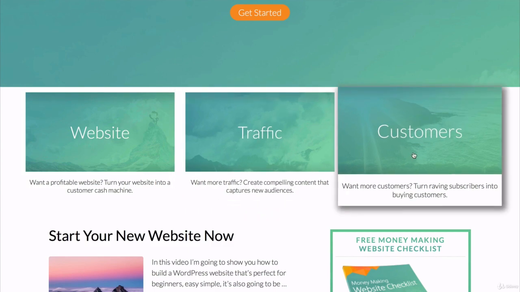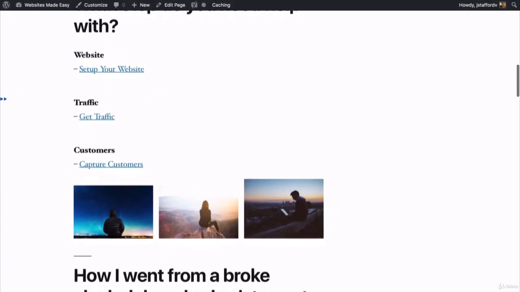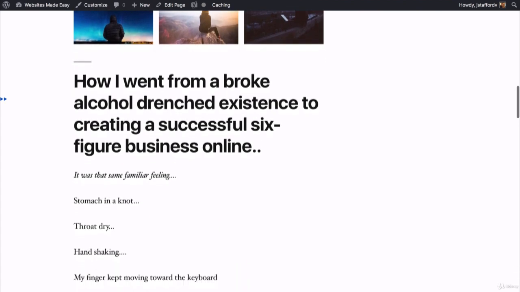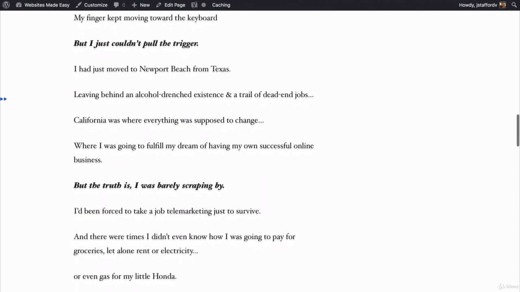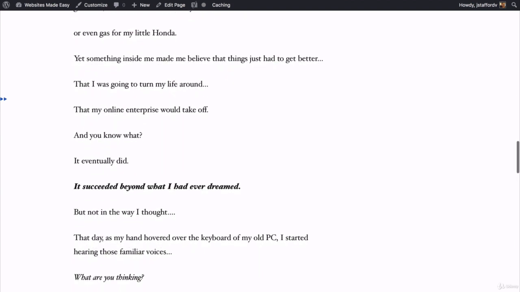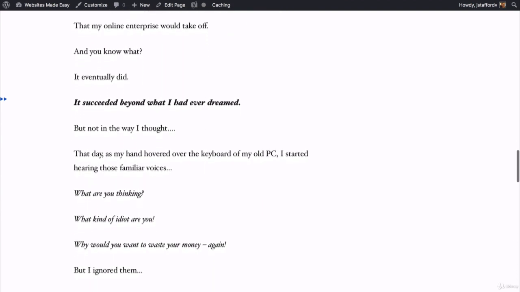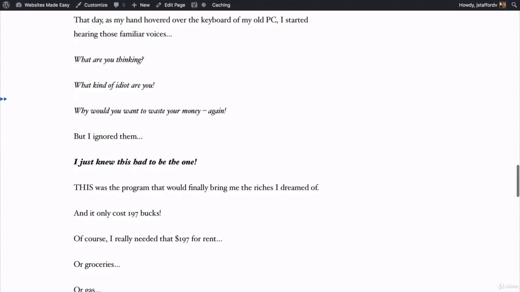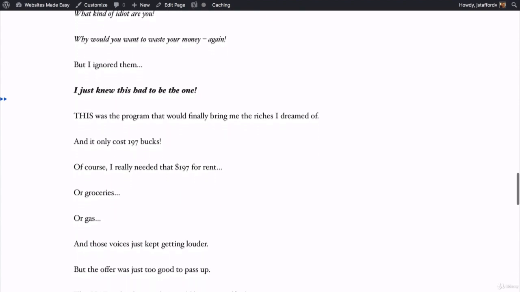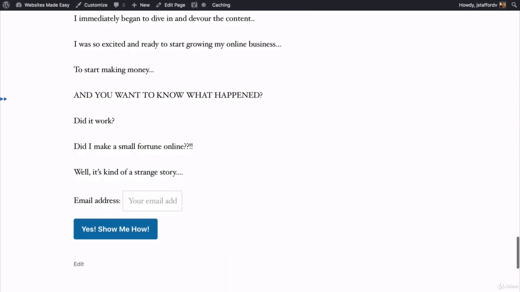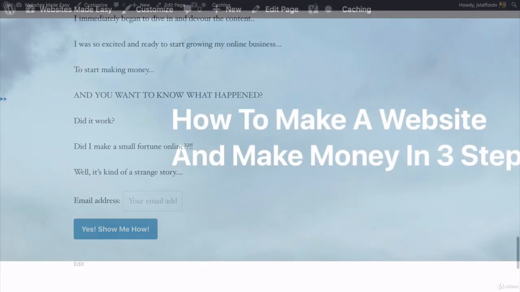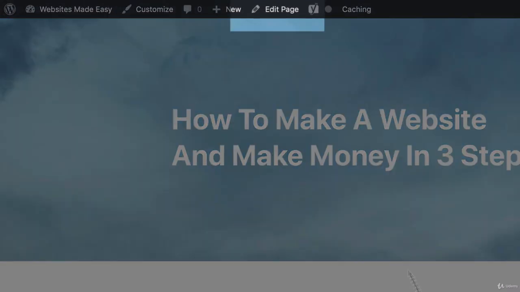Now, part 4 is your pilot story, and this briefly explains the journey of how you came about your product or service, or why you started your website in the first place, and the value that you're giving. Also, the pilot story can highlight your best content or a blog post, introduce the new reader to your website, and then give them a call to take an action to learn more. And now I'm going to show you how to complete the hybrid homepage with these 4 parts. So let's go ahead and do that now. Click on Edit Page,